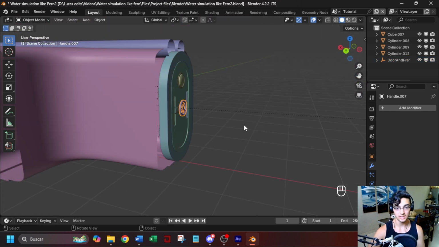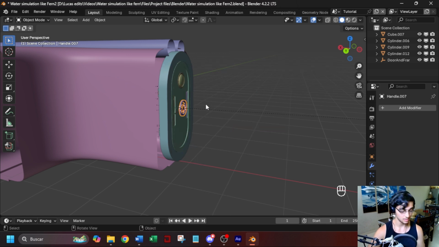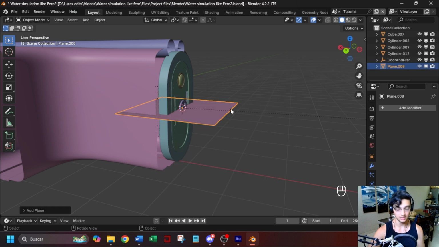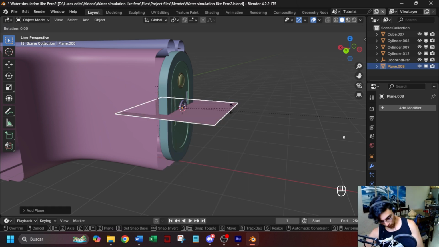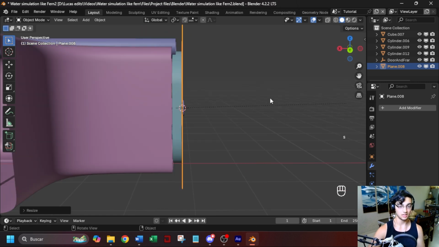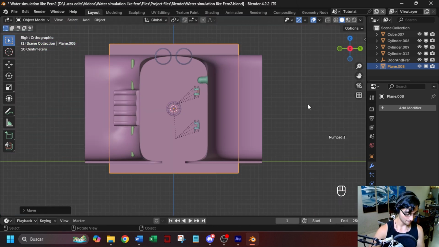And now let's select this part right here and press Shift S, cursor to selected, and Shift A, let's add a plane and RY90, there you go, S and GX, and yeah, 3 GX,